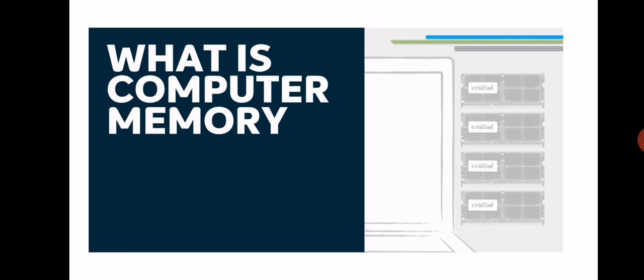The question that arises here is, what is a computer memory? A computer memory stores data and programs that are being executed by the computer. It also stores the result produced by the arithmetic logic unit after processing the data. There are three types of memories on the motherboard, which are ROM, read-only memory, RAM, random access memory, and cache. As you all know, the computer memory is categorized into two main types, that is primary memory and secondary memory. The primary memory refers to the temporary memory and the secondary memory refers to the permanent memory.